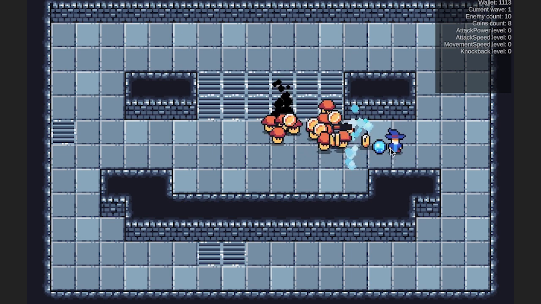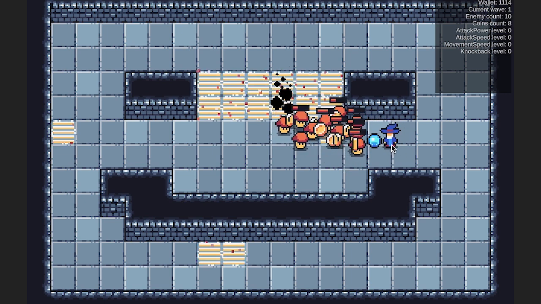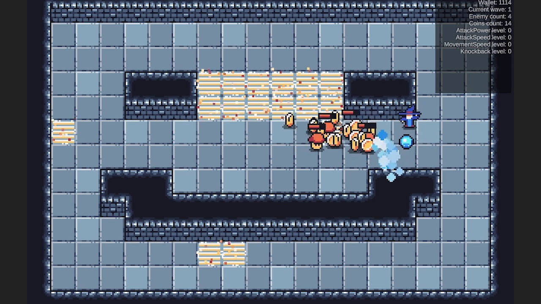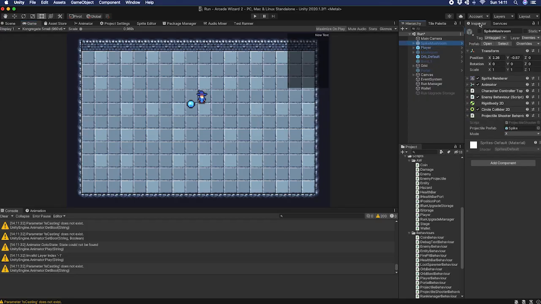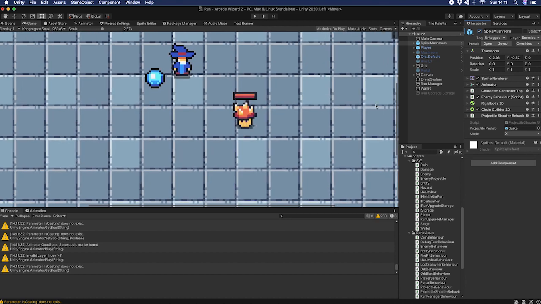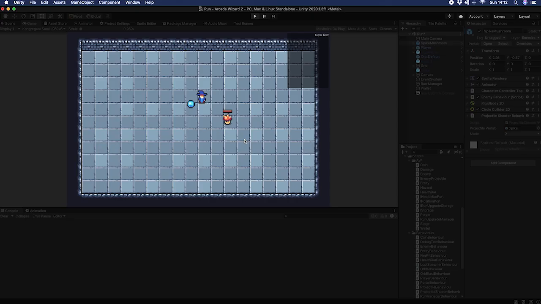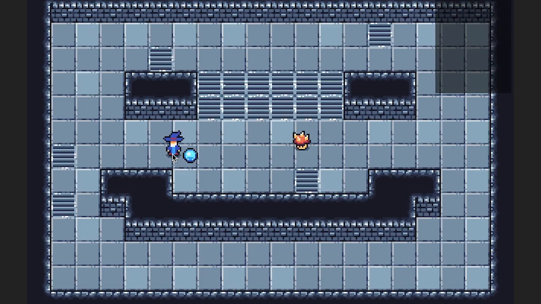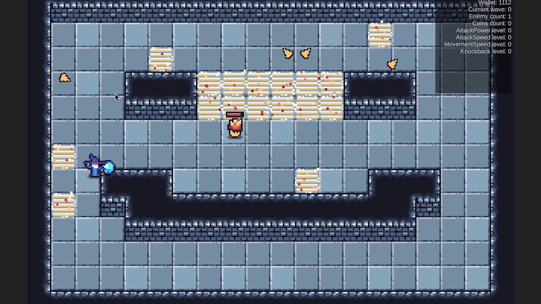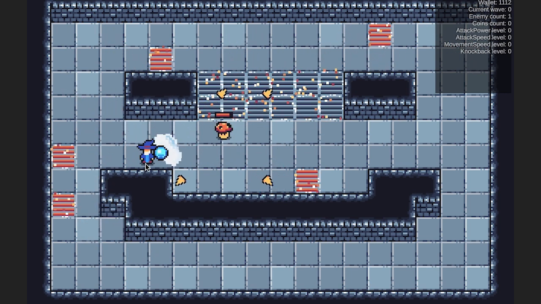So what I want to do is fairly early on in the game introduce mobs that do stuff like shoot projectiles. And that's exactly what I made this week. So if I turn this thing on right now, right here we have a new mob, the spiked mushroom. This mob is a little bit different in its behavior in regards to the normal mushroom, because right here you can see it shoots out these spikes. These spikes just bounce around the map and you have to avoid them, because if they hit you, you take